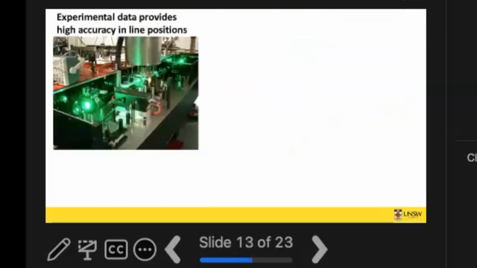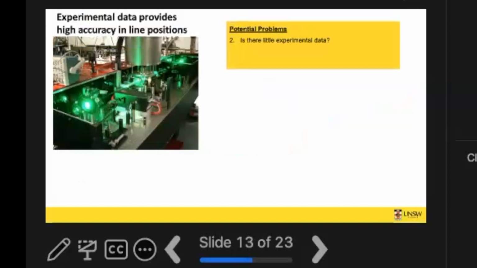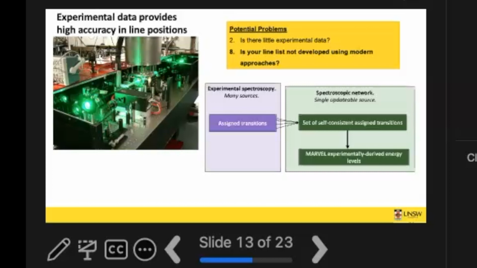So the experimental data is really, really important if you want high accuracy. If you're doing high resolution measurements, you really need experimental data to get you the accuracy. If you don't have experiment, sorry, you're not really going to find it. The other thing is if you're not using modern techniques, then even if there's experimental data out there, it might not be being used effectively. What's often the case is that from the 1970s to 1990s, there are like 20, 30 papers on your molecule, but no one's brought them all together. A lot of what we do is bringing them all together.